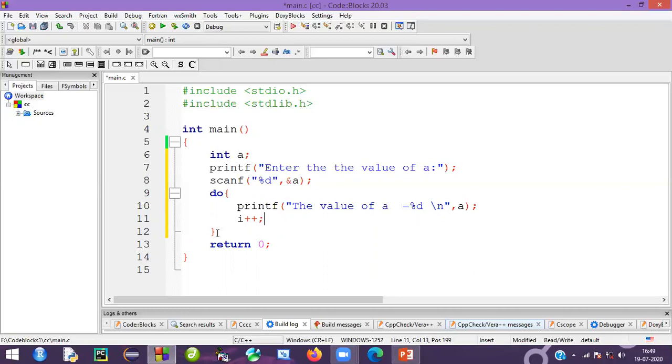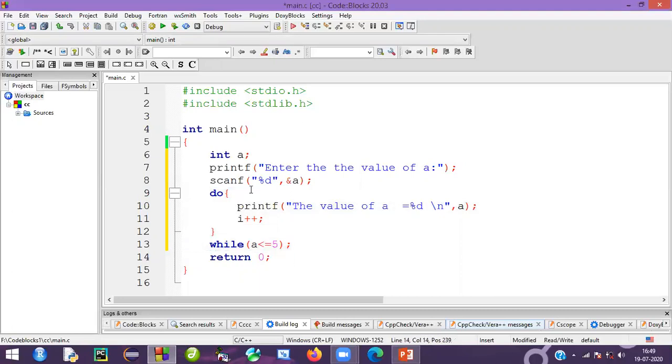Again here I will write while and mention the condition. What condition do you want to mention? Suppose I give the value a equal to 0, so 0 is less than 5, like that. You can mention 0 is less than 5, or 0 less than or equal to 5. This is up to you how you want to mention it. In the do while statement, do starts from here and ends here. This part is very important.